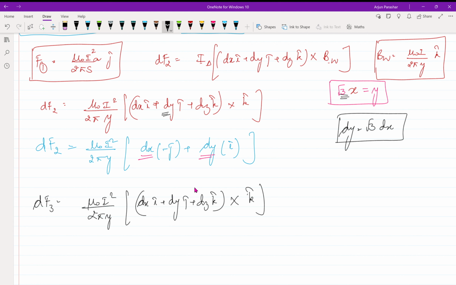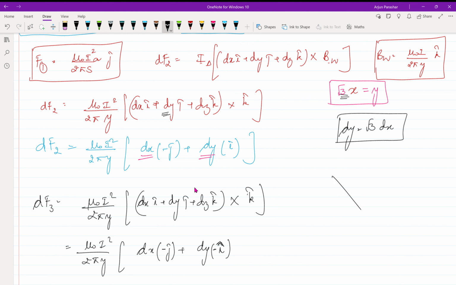So if dy is decreasing, it will be negative here. So what we will be left with is mu naught I square upon 2 pi y, and dx j cap plus dy i cap. But the i component will be cancelled, because it will